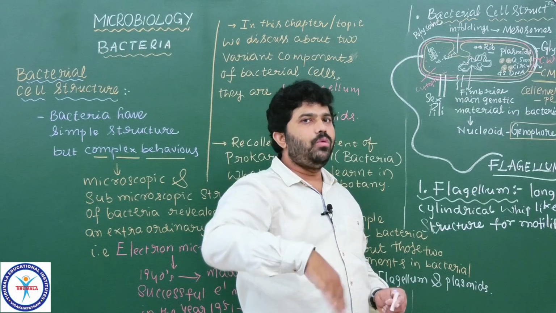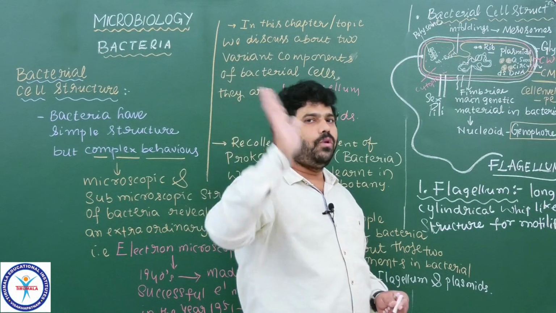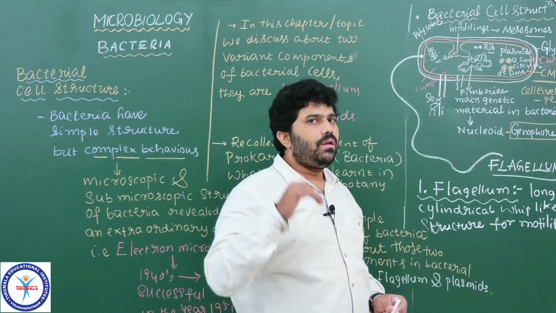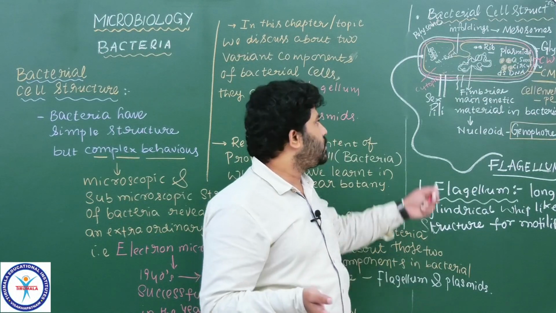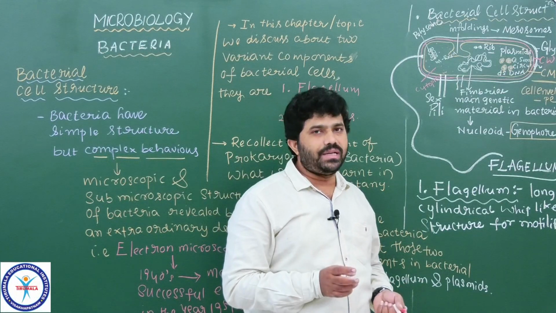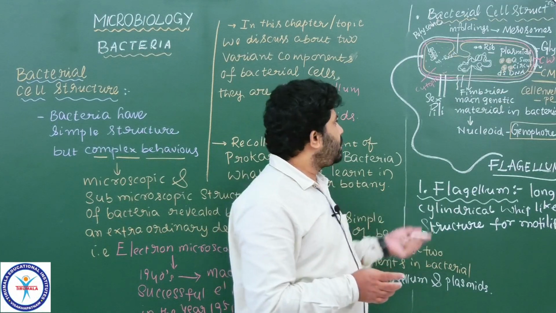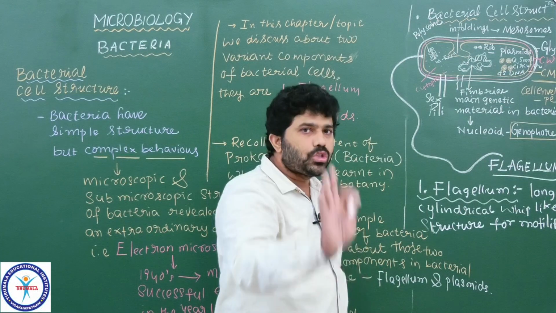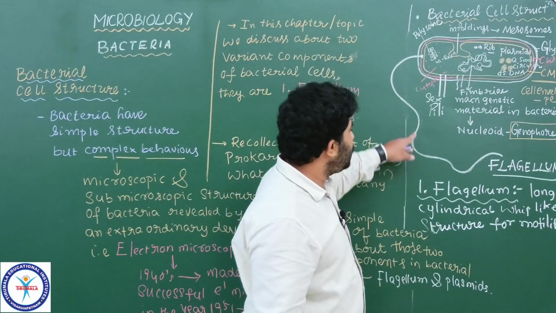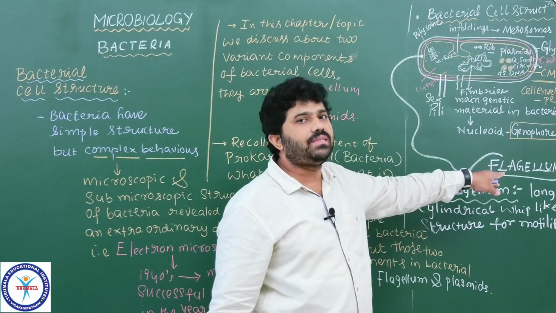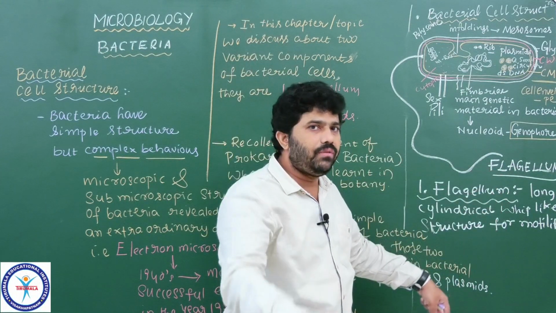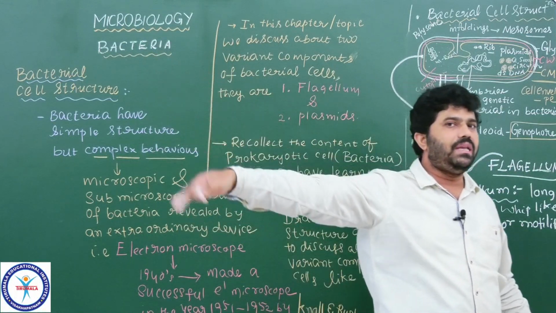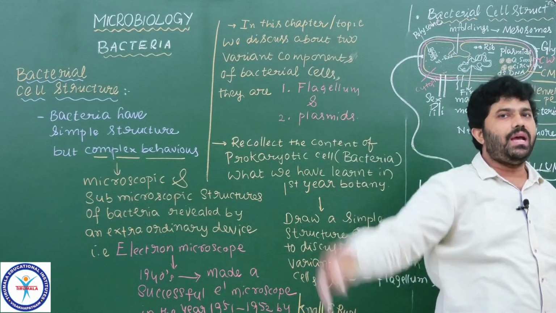Okay, the up and down movement is very useful for locomotion, or movement from one place to another place, especially for bacteria living in the water. Understood? So in the water, this bacteria can move from one place to another by the movements given by a long thread-like, whip-like structure called flagellum, with the up and down movements given by the flagellum.